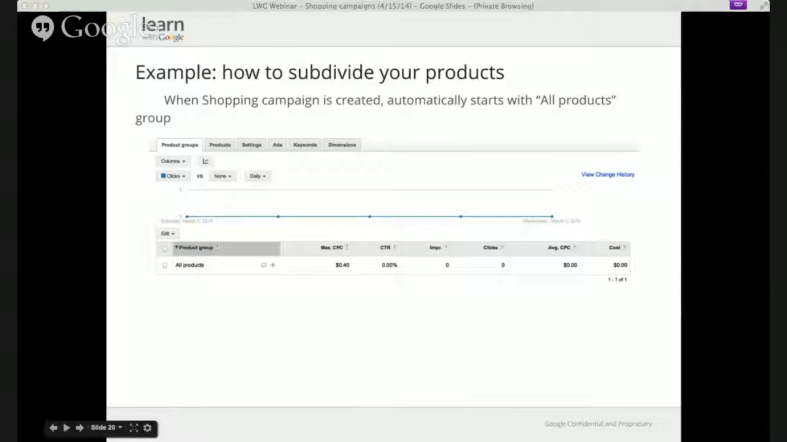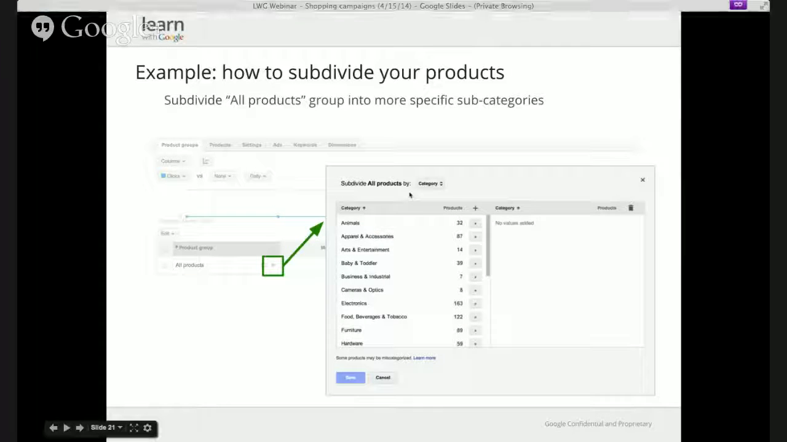After you create a shopping campaign, you'll end up with something that looks like this. You'll notice that it only has that all products group and the bid you specified in your campaign settings setup as your default bid. So in this case, 40 cents. When you're ready to subdivide the all products group into more specific product groups, you'll click that plus icon and you'll see a new window where you'll actually choose how to